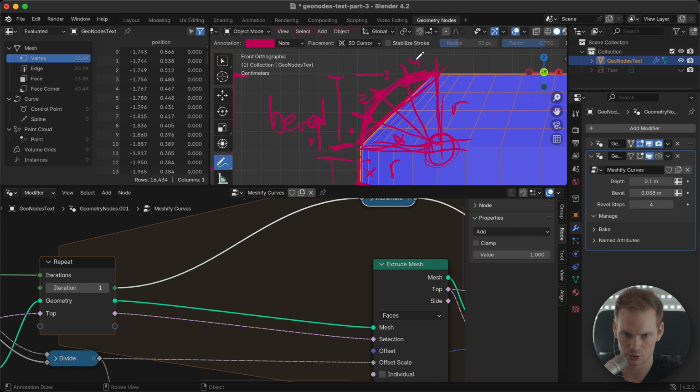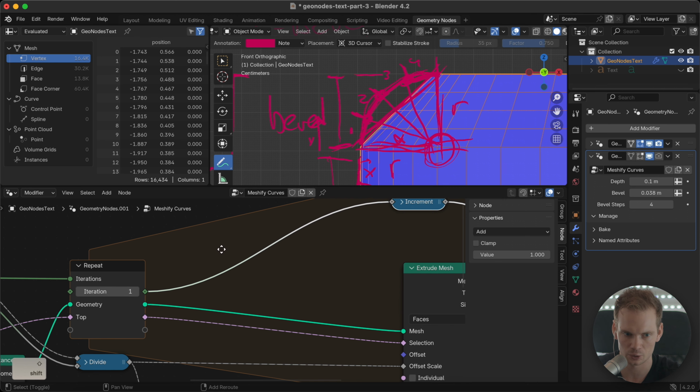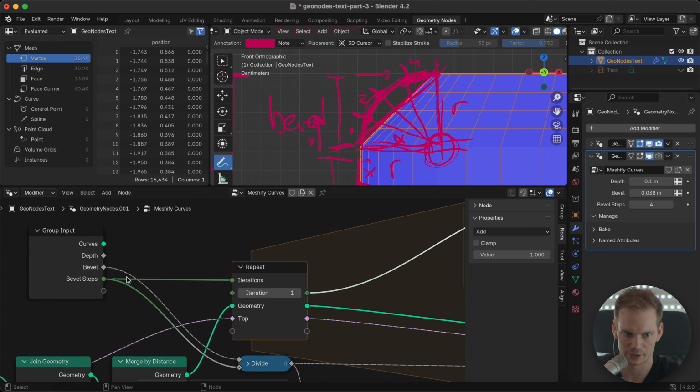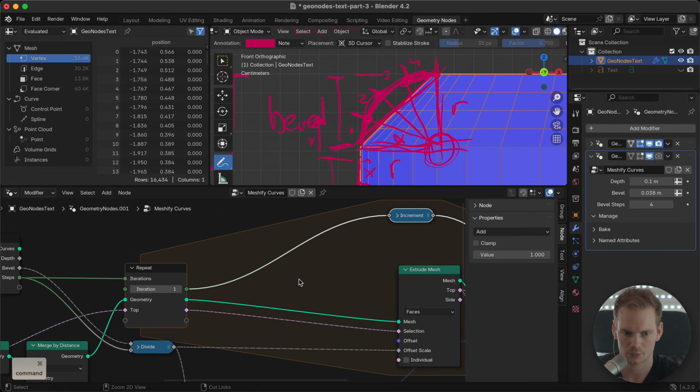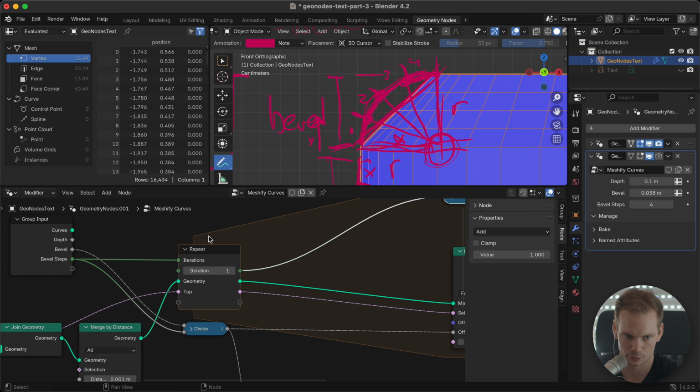So what I would like to do is divide this number by the total amount of bevel steps. And when we do that, we get a value that's more like between 0 and 1, which makes a little bit more sense. And in this case, we start with 1. So if we are with 4 steps, it doesn't really start at 0. It starts at 0.25 because that's 1 divided by 4.